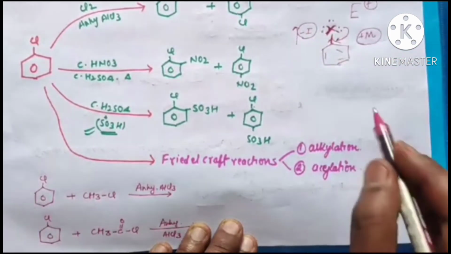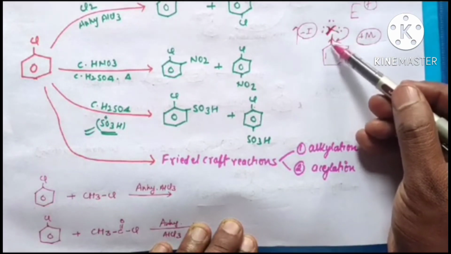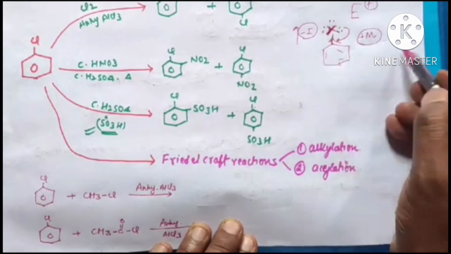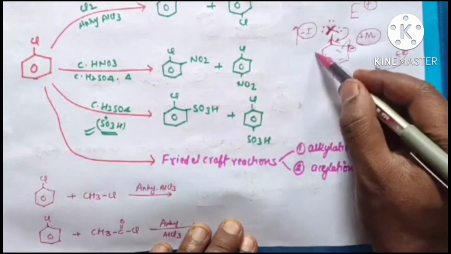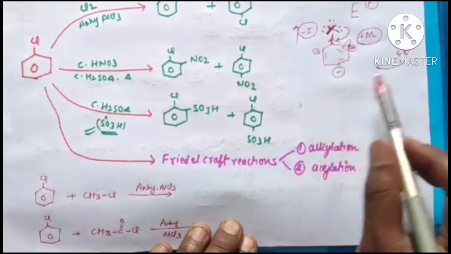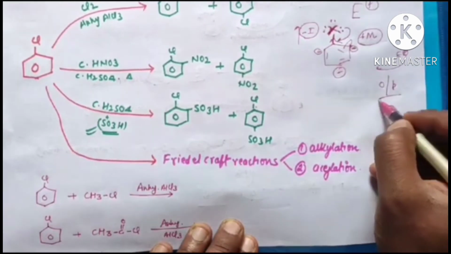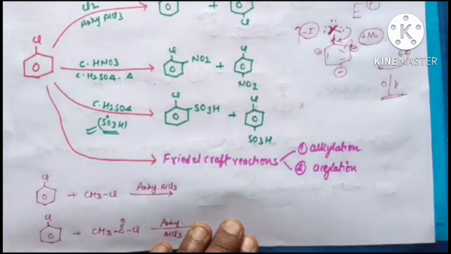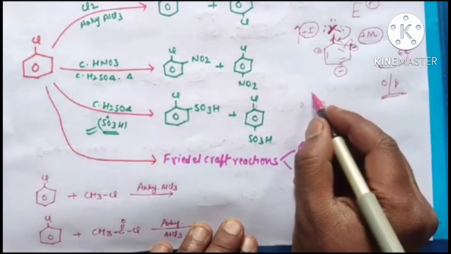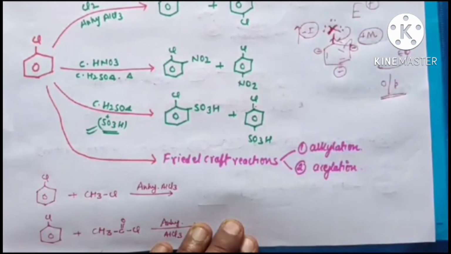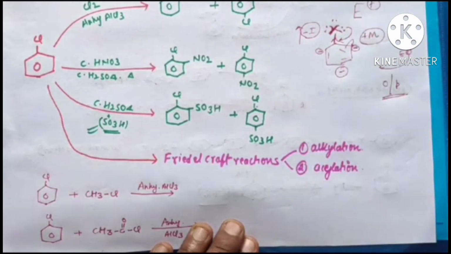So due to plus mesomeric, this halogen increases the electron density in the ring. So electrophile, whatever will be the electrophile, this one will be shifted here. There will be negative charge in ortho and para position. So that's why the electrophile is more attracted towards the ring, specifically ortho and para position. But due to the minus I effect, electron density in the ring decreases. But this is the exceptional case where minus inductive effect is greater than plus mesomeric. This is the exception only in case of haloarenes. So note down this point.